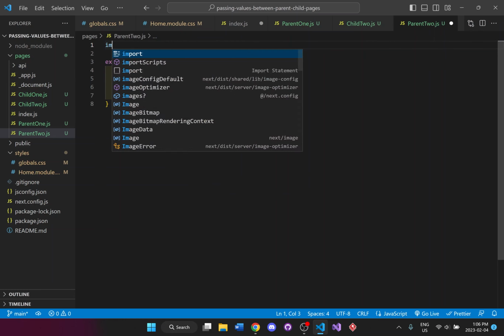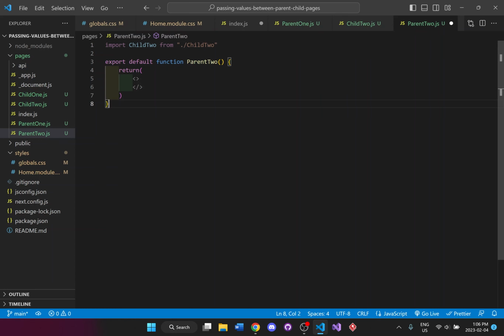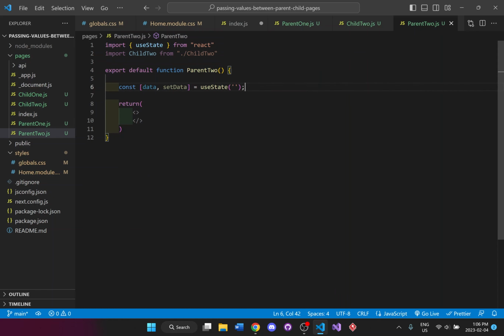I will just import child2 so then we can grab that page. And I'm going to set up a use state. And we're going to make a function here. It's called child2parent.